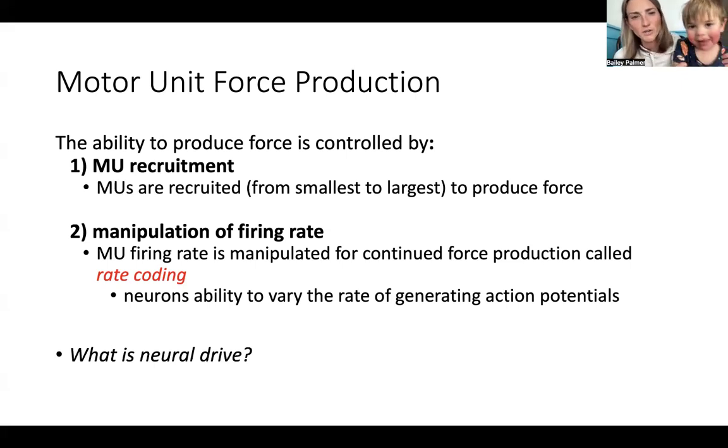When we use this term neural drive, we are talking about, or a way to say it in a statement is,